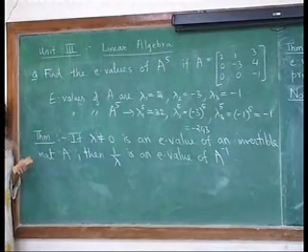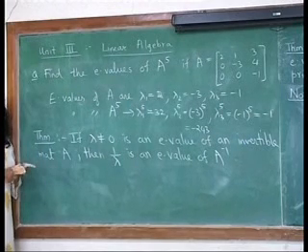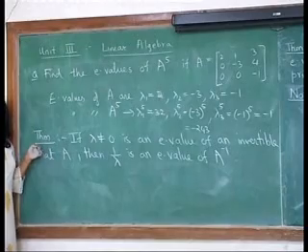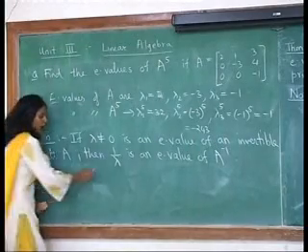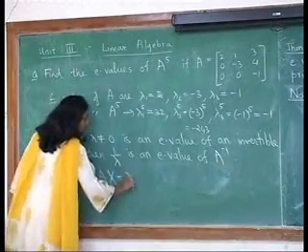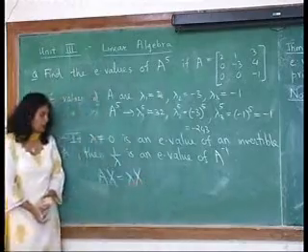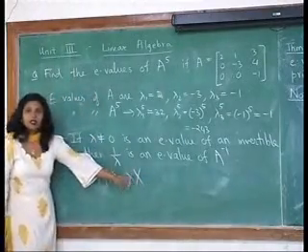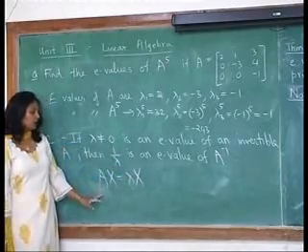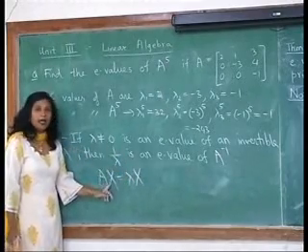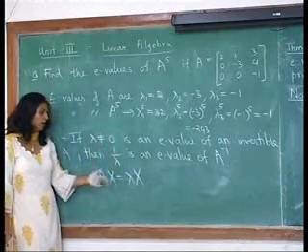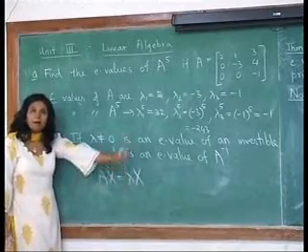Now here once again I will remind you that the definition of eigenvalue says that there should be a non-zero vector x which will satisfy this equation. Now for reasons that I mentioned earlier, x is never allowed to be equal to 0. So by definition, an eigenvector is always non-zero. However, the eigenvalue may be 0 if